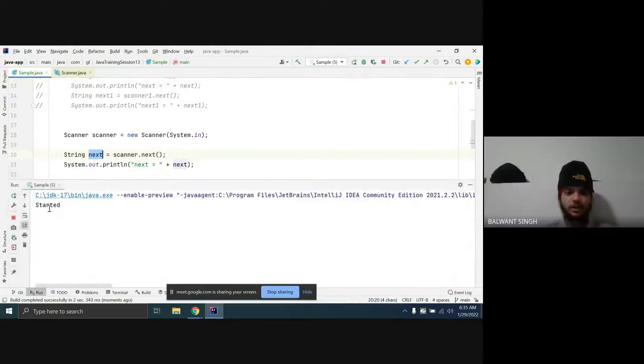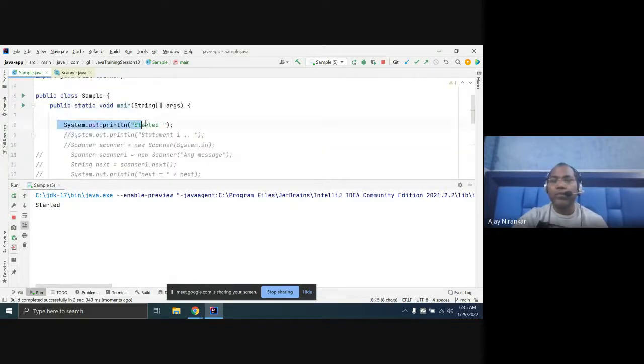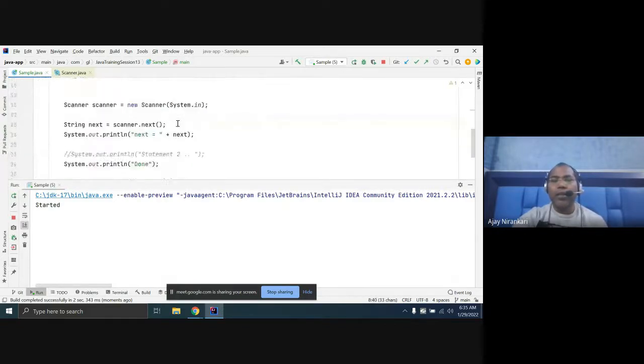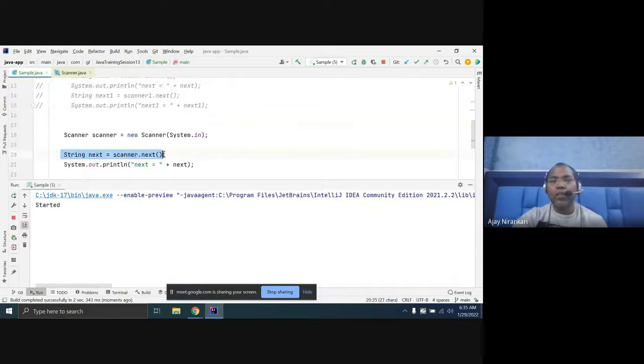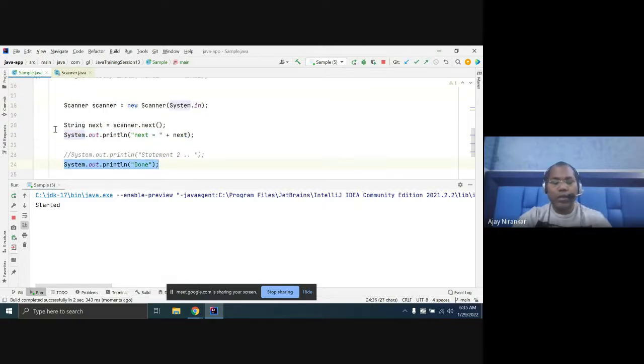Notice that this started line is printed, and after that the system is expecting you to pass some input. Until you pass it here, this line will not execute and will not print. Your code is waiting.